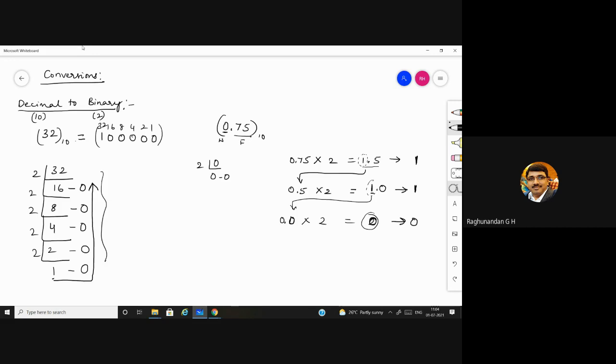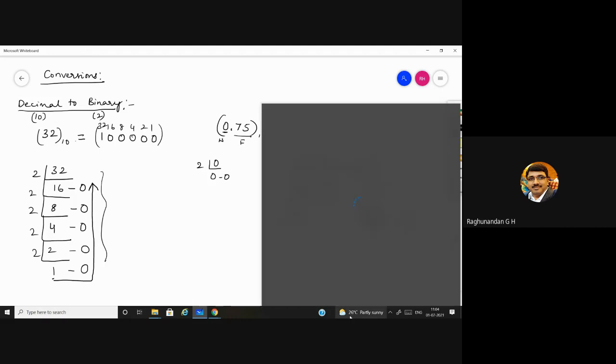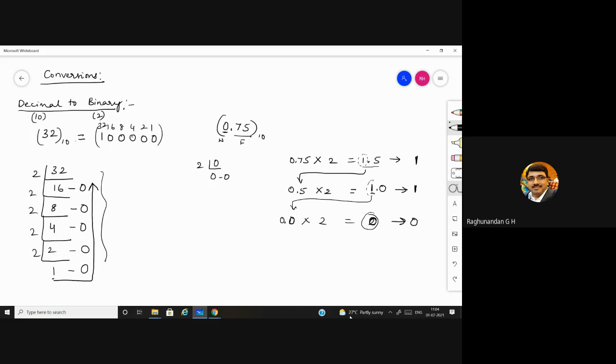After that, however many times you multiply, you will be getting 0 only. So stop. Some 3 to 4 multiplication levels are sufficient. If you keep on multiplying, you'll keep on getting values, but just 3 to 4 is sufficient. In the fractional conversions, you should take from top to bottom sequence. In the division of the whole number, you take bottom to top. In the fraction, you take from top to bottom. So it will be 1, 1, 0.